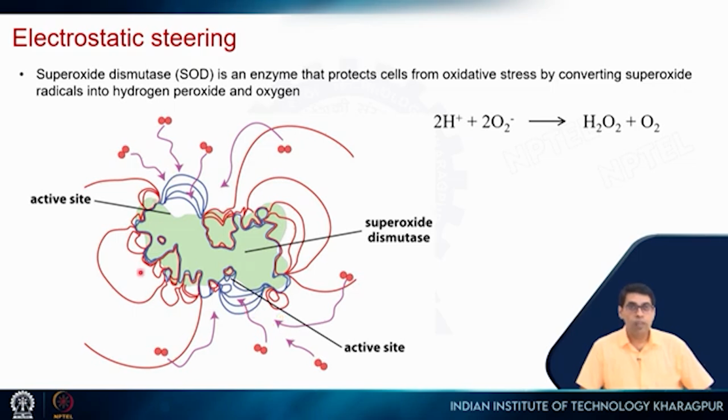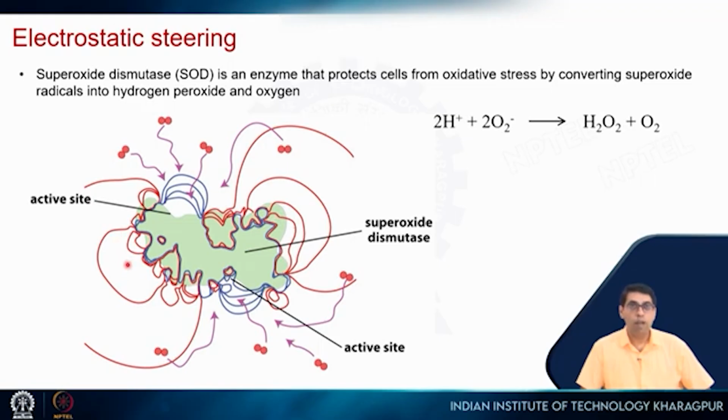So, most of the enzyme is negatively charged. Again, you see that the substrate is negatively charged; red means negatively charged residues. So, if the superoxide is here or here, it will be quickly repelled out of this region. So, it is not going to bind the enzyme here